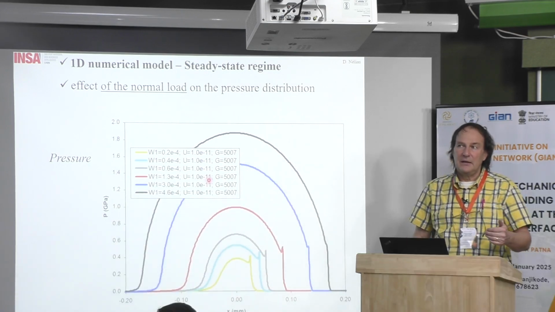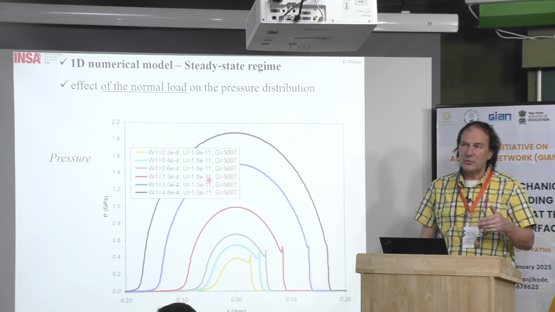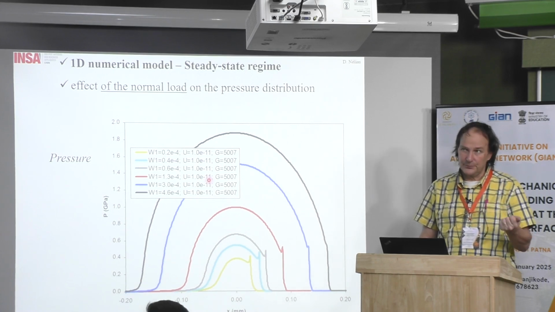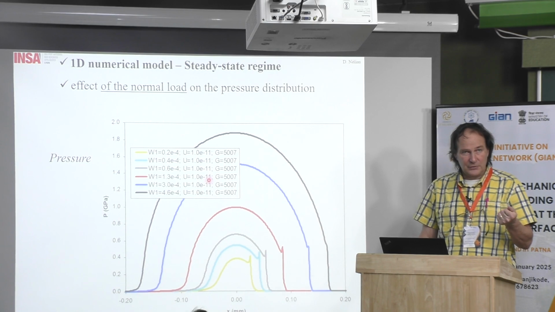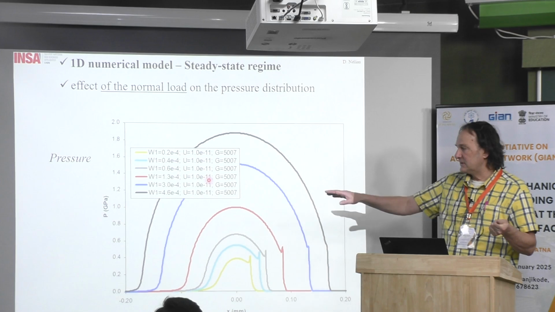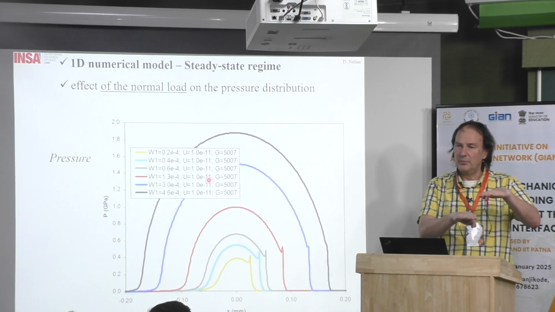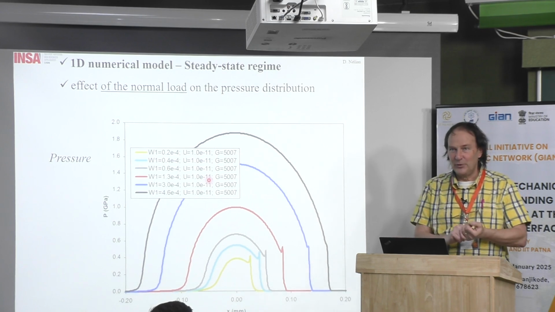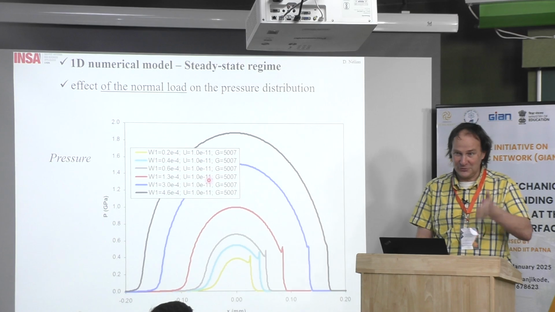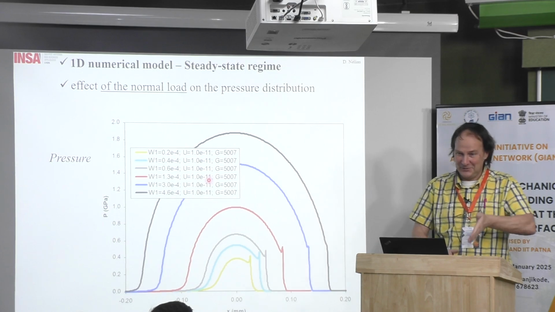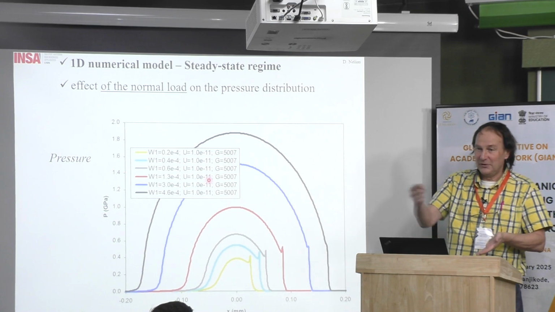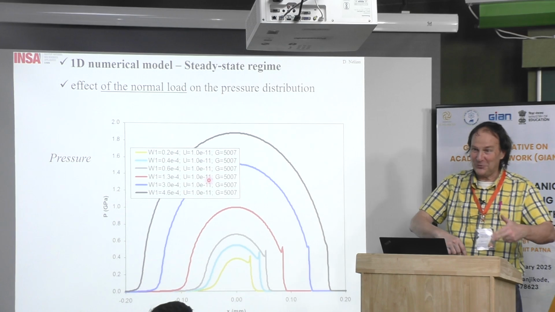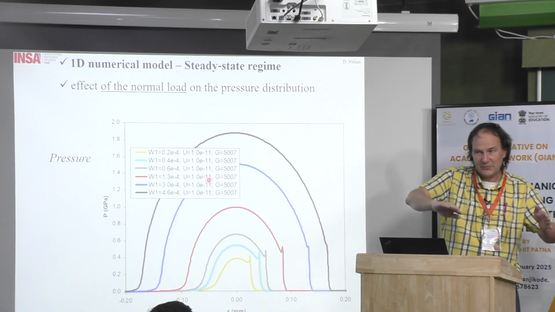Then you also have to consider what we call the position of the meniscus at the entrance, or the starvation coefficient. In this simulation, we assume that you have a full film before the contact, but you can imagine that this is what I call the Moses effect. You know, the guy that parted the Red Sea. When you put your finger in the butter or in the grease, after the finger you have a furrow, a valley, and then it takes some time for the oil to come back.